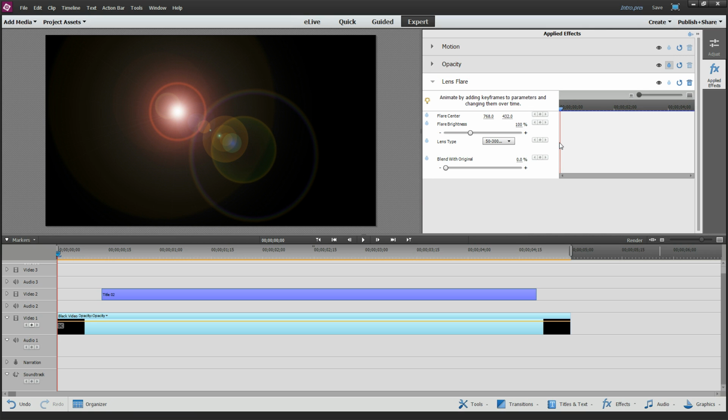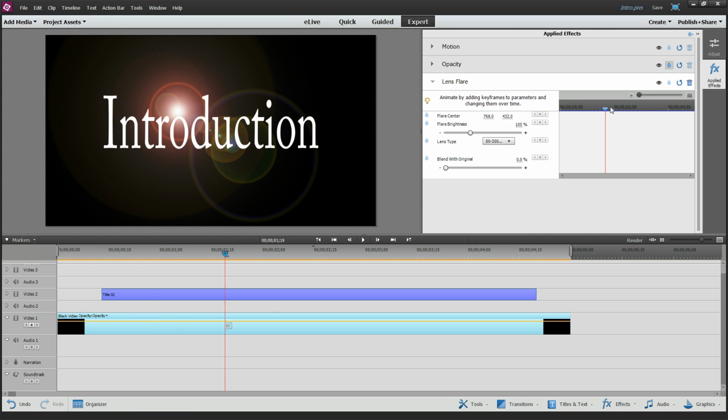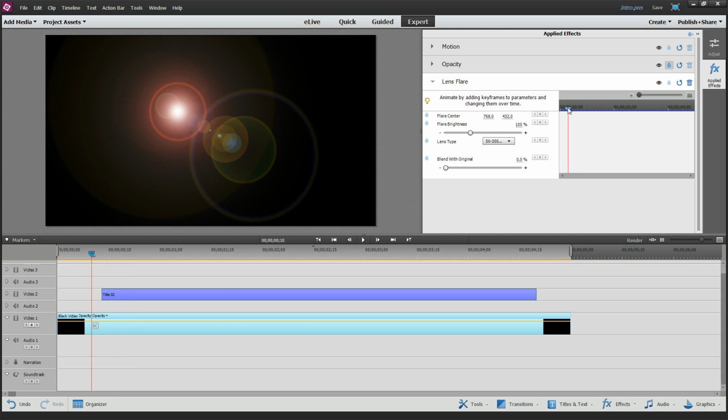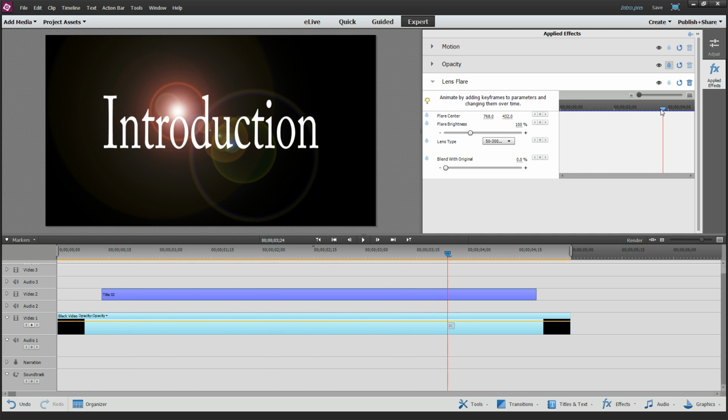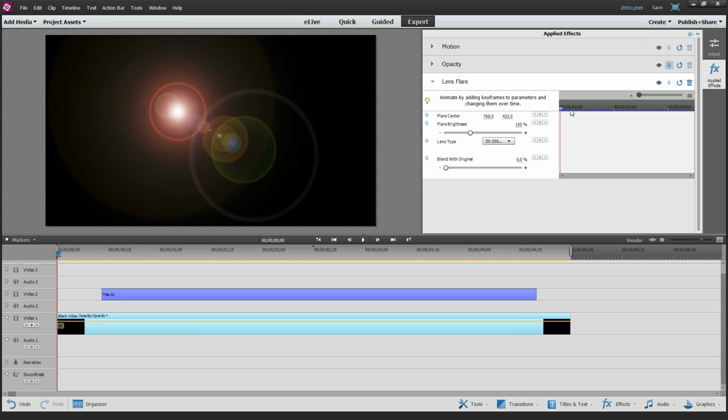And you can also move your timeline around just by dragging this little timeline around up here. So basically what this timeline does is it allows you to change each of these settings and remember them at any point in time. So this little timeline here is just for the selected clip. So as I move it back and forth, you can see how the other timeline adjusts as well. So let's go ahead and make some changes here.